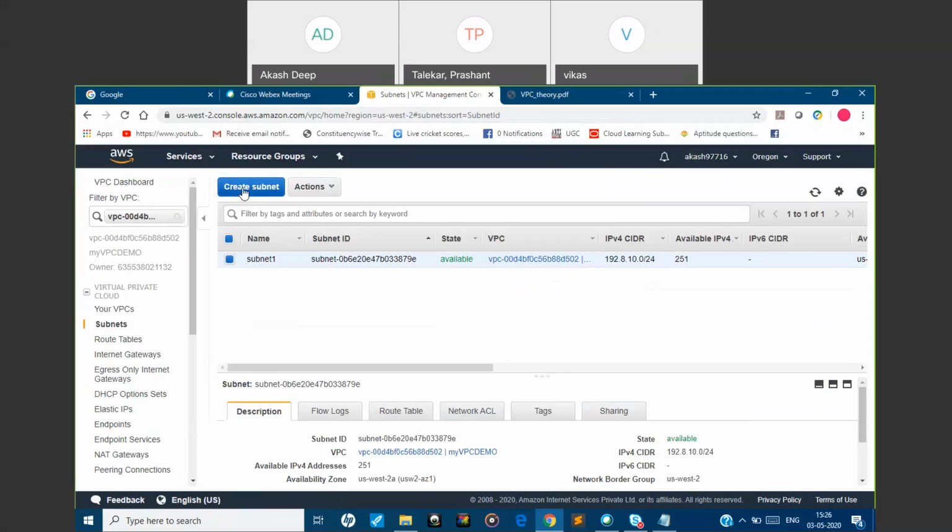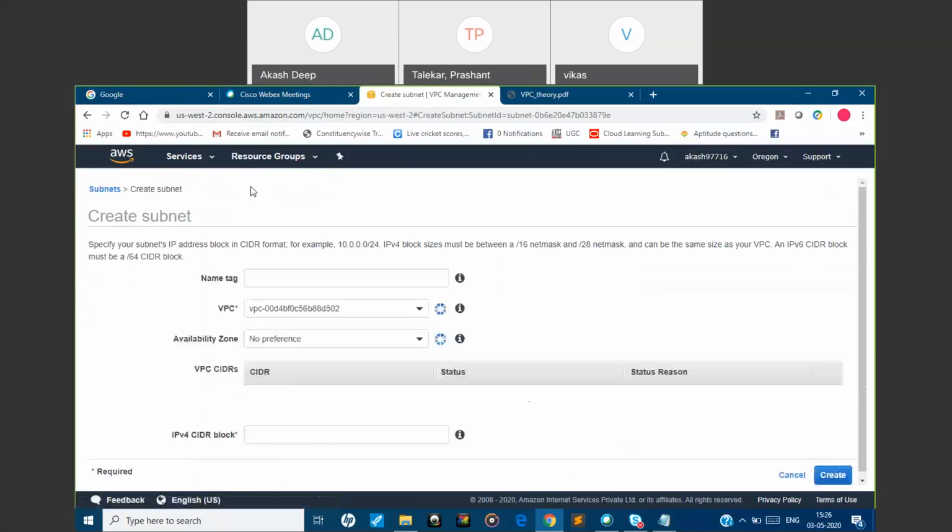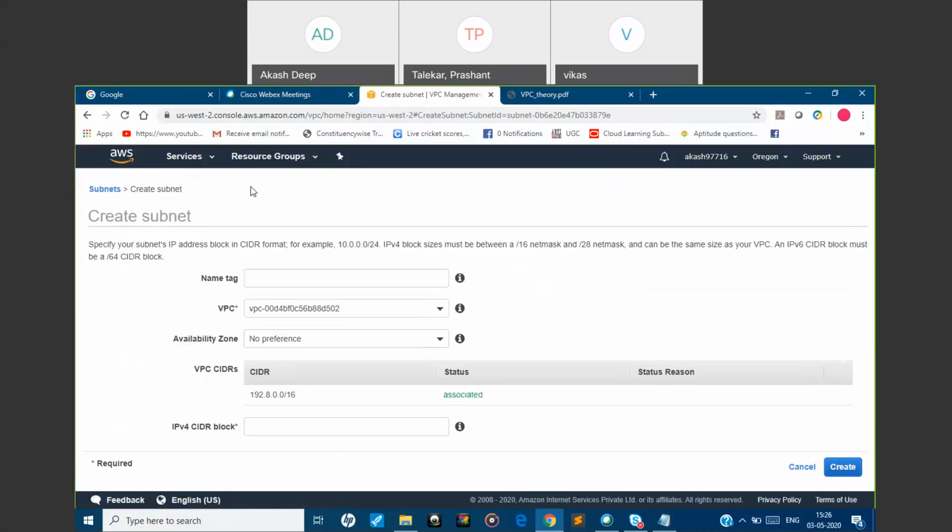Now basically we will be creating three subnetworks. Create subnet, subnet 2.